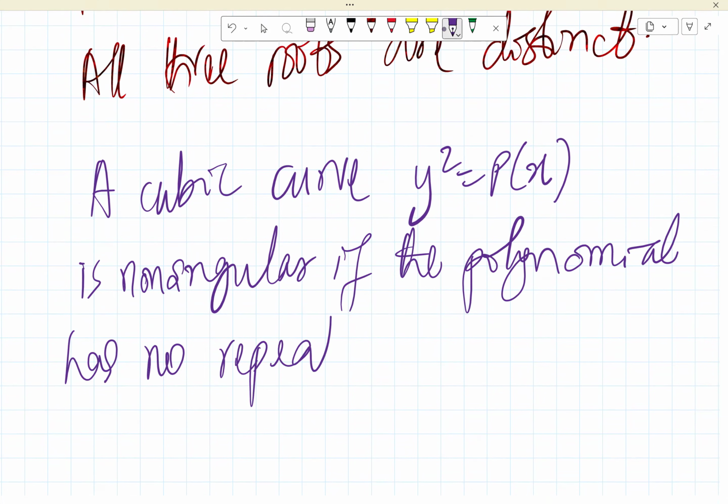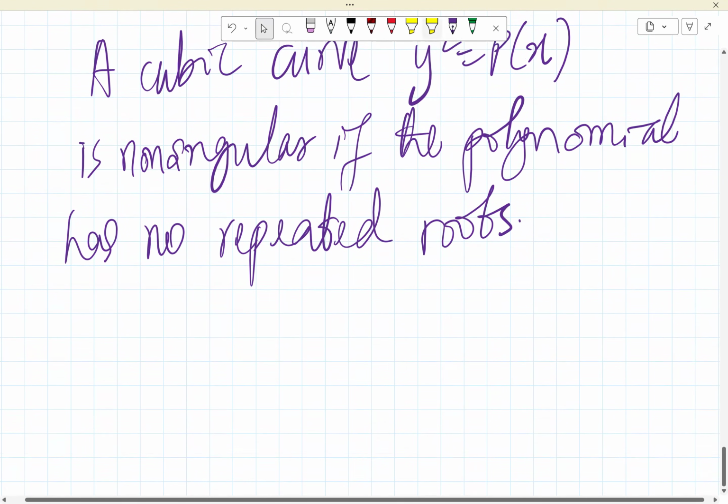And there are no repeated roots actually. To verify this,